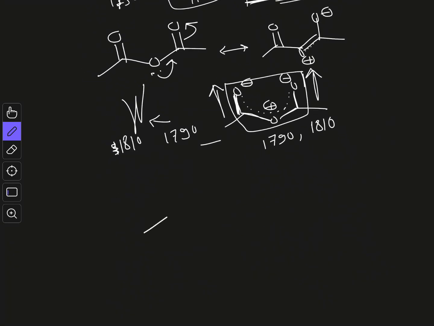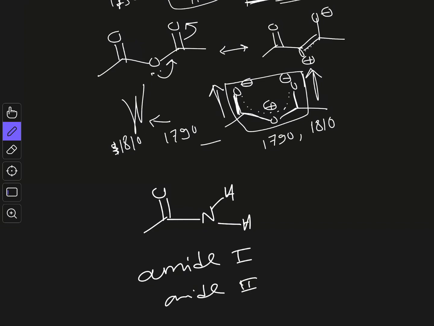Similarly, in case of amide you will get two peaks. In case of amide also you will get two peaks, for amide 1 and for amide 2, and the peaks will again look like this. One is for amide 1 and another one is for amide 2, and it is because of what? It is because of the